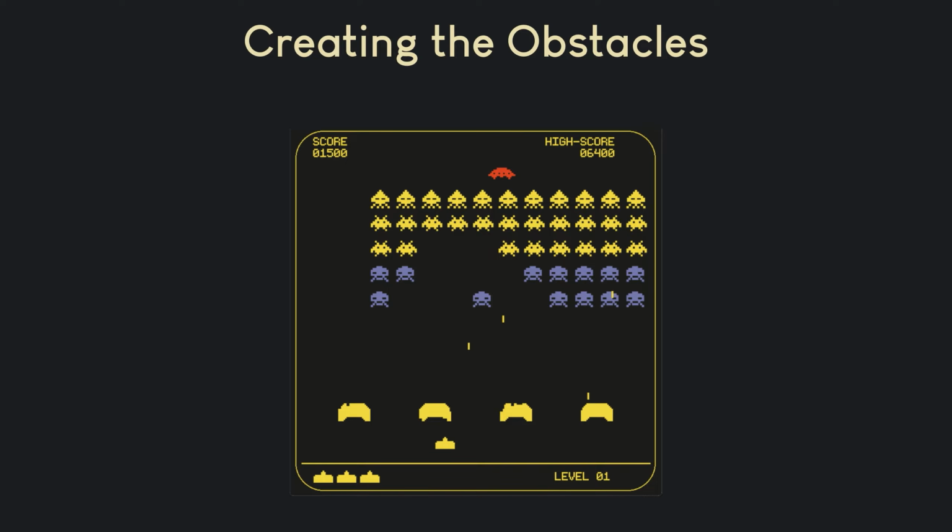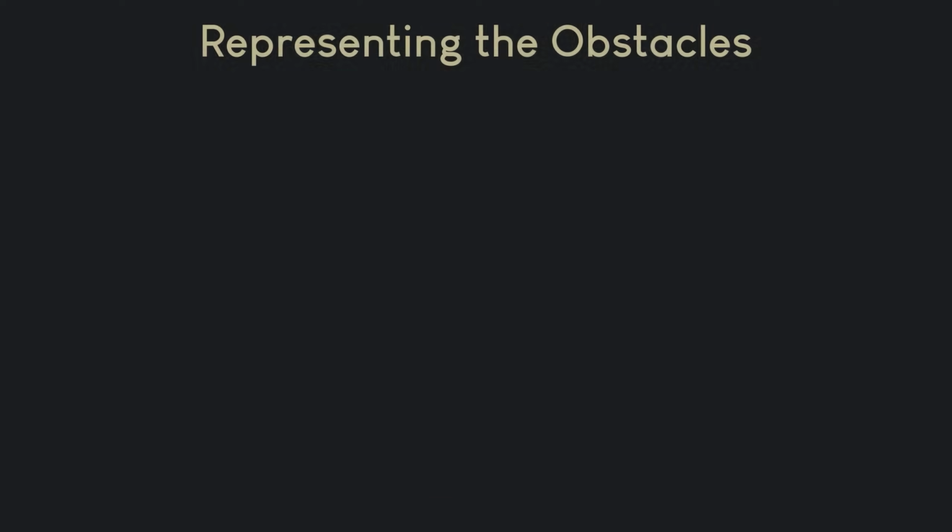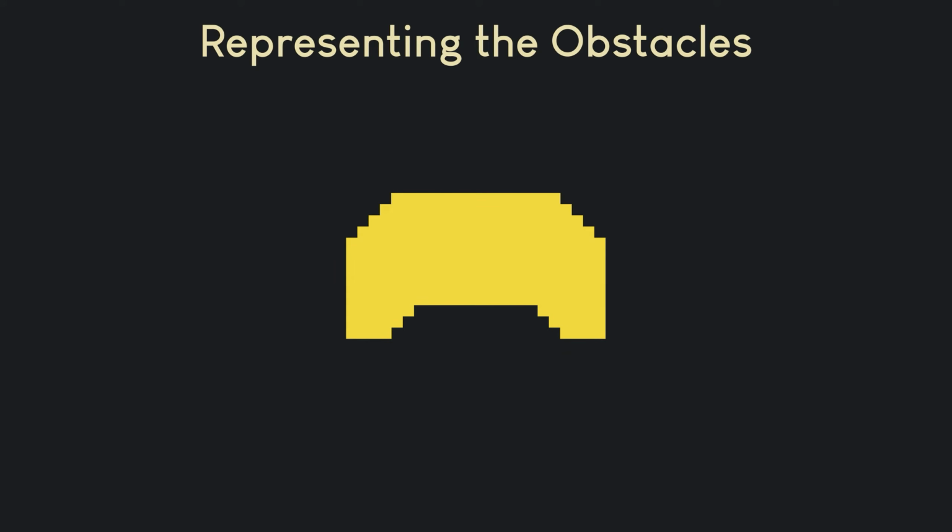We will employ a grid-based approach, a technique commonly used in various games. You might remember us using grids in the Snake game and the Tetris game tutorials, and we're going to employ a grid once again in this Space Invaders game. So rather than representing each obstacle as a single object, we will treat them as a collection of yellow blocks, carefully arranged to create the shape of the obstacle.